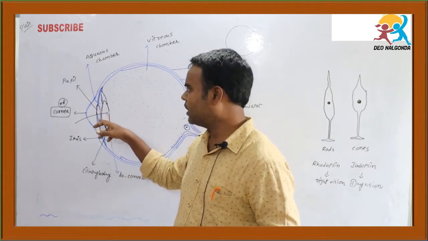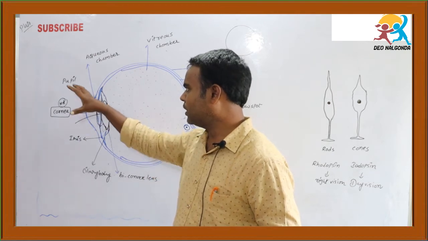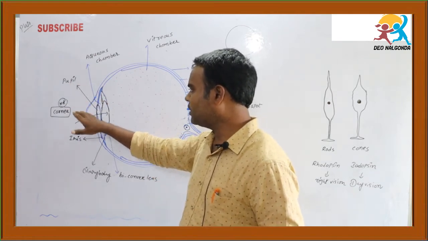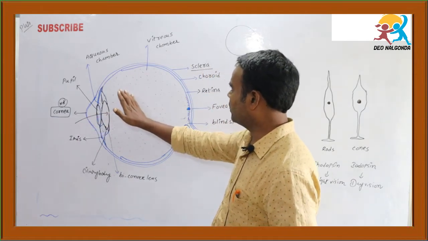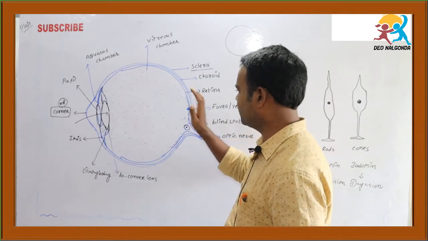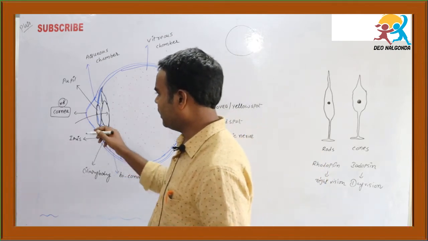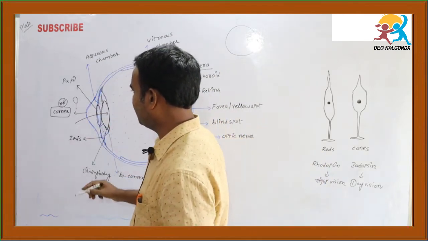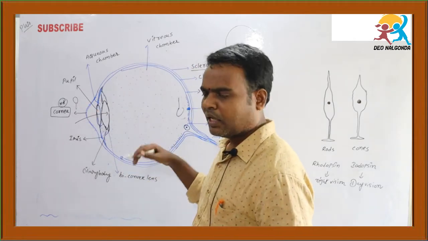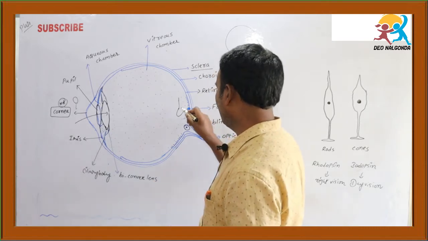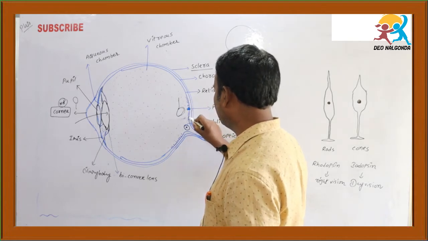The increasing and decreasing of the size of the pupil is like the diaphragm of a camera, which opens and closes, and thus it receives light. The light passes through the pupil and the lens, reaches the aqueous chamber, and then through the vitreous chamber it reaches the retina. So it falls on the retina. If you take any object, like a straight one, the original object falls on the retina in an inverted position.